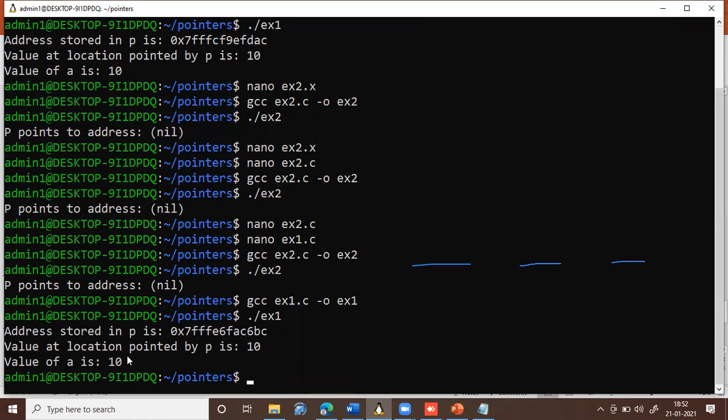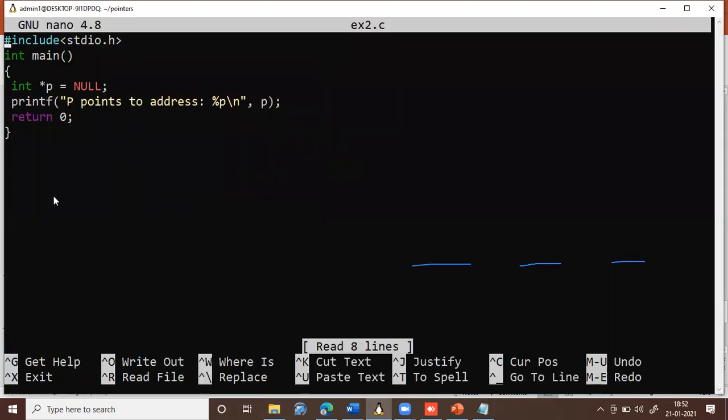Okay, fine. So the next concept we will be discussing is something called a null pointer. So what is a null pointer? Let me just brief it. Normally when you declare a pointer, it is advisable to declare it like this. Whenever you declare a pointer, don't just declare int star p. Rather, you declare int star p is equal to NULL, which means that this pointer is currently not pointing anywhere.